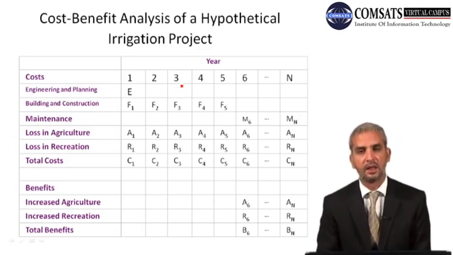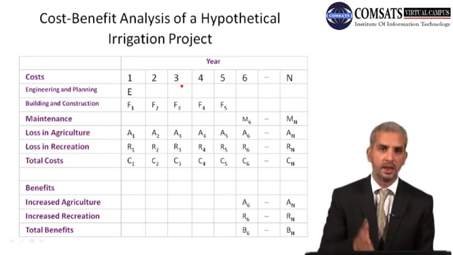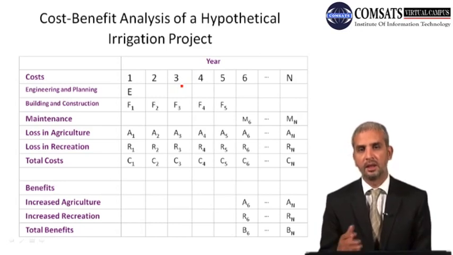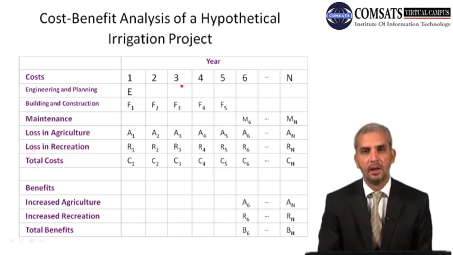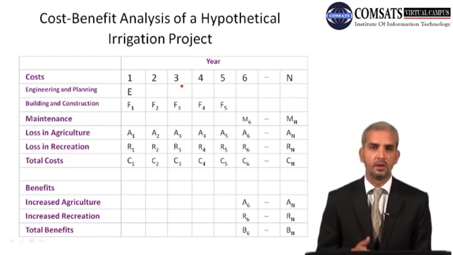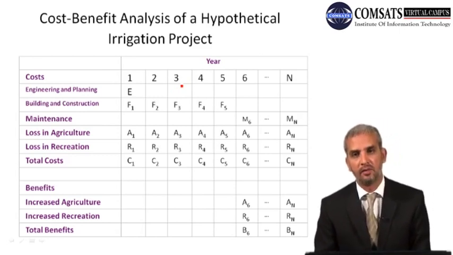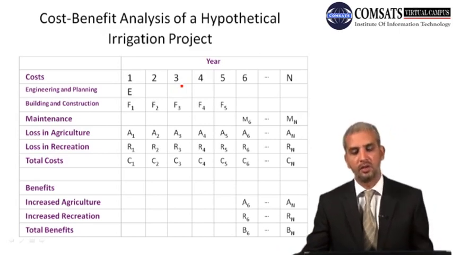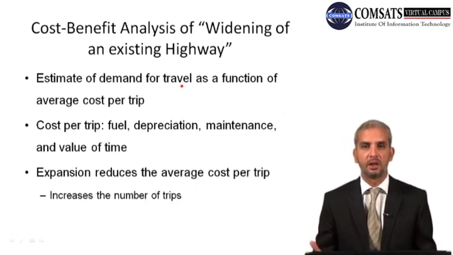So that table helped us get an idea that certain costs would be incurred at the start of the project, and then there won't be any further incurring of those costs, certain costs would continue up till the completion of the project, and certain costs would keep on till the lifetime of the project, while benefits would usually start from the time when the project is up and running, and we need to discount those to present values and see whether the project should be taken up or not.